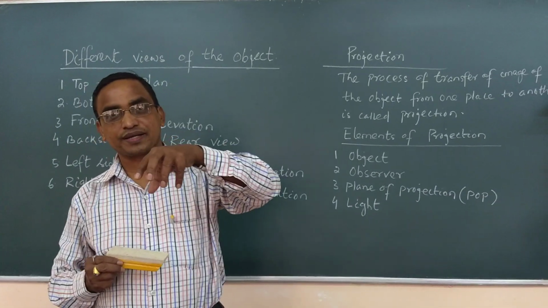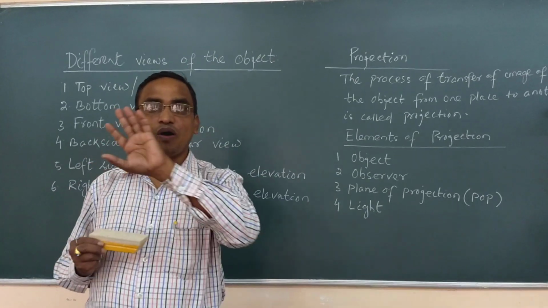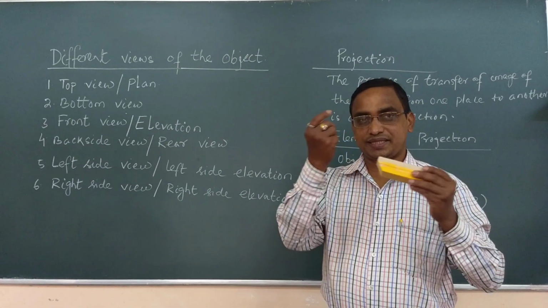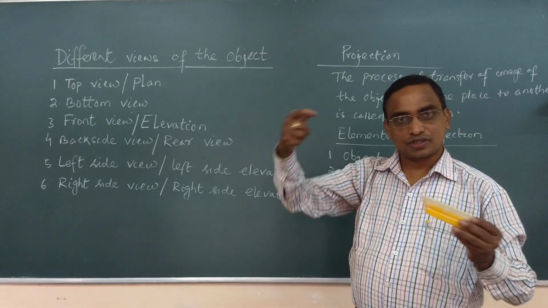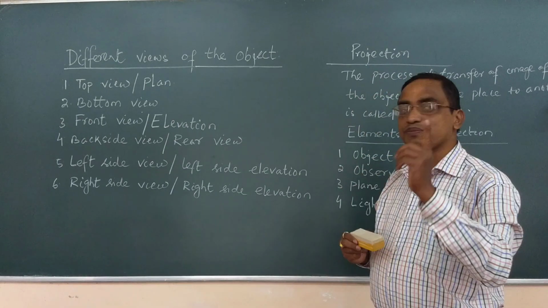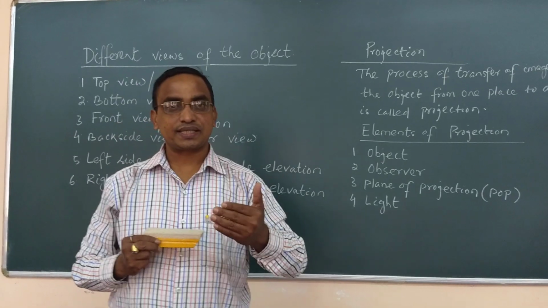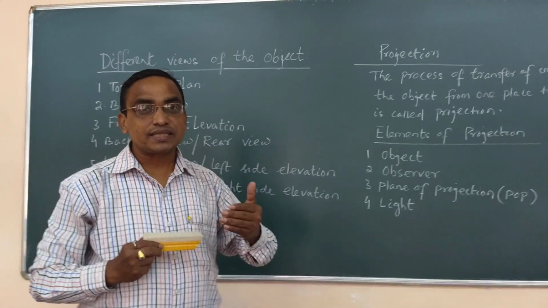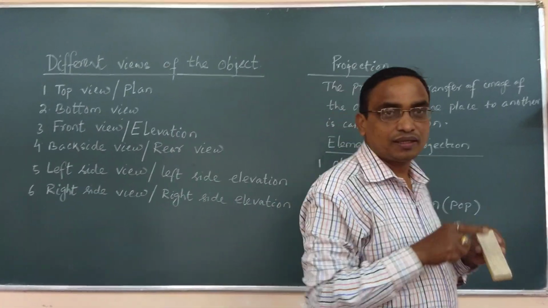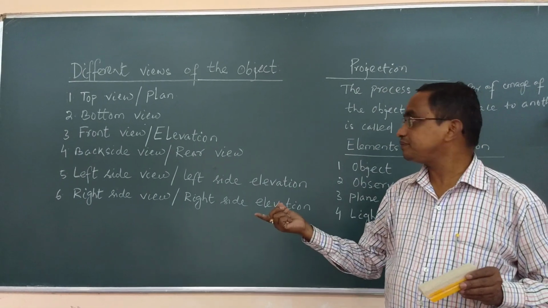What is the top view of a sphere? Circle. Bottom view, circle. Front, back, left side, right side view, all circles having the same diameter. Similarly, your cube or dice: top, square; bottom, square; front, back, left side, right side, square. So only one view is sufficient in case of simple objects. Gradually the number of views increases when the object is more complex. In case of a highly complex object, all 6 views are required to represent the object.